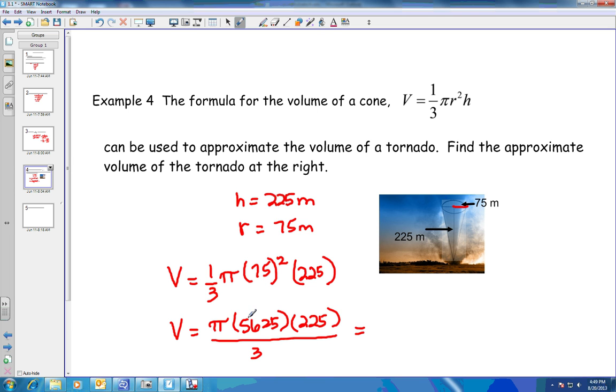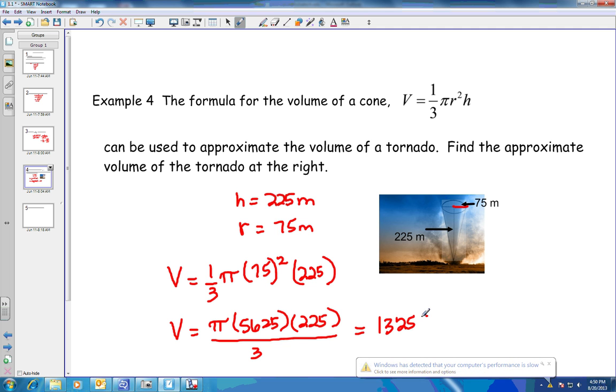So now I'm going to multiply all these top numbers together. So pi, 3.14, or you can use your pi button on your calculator, times 5,625 times 225. And then in my calculator, I'm going to go ahead and divide that by 3. And I get this long, big number,